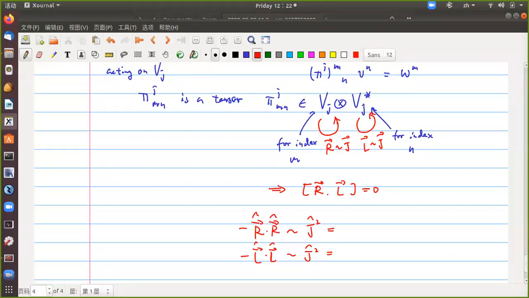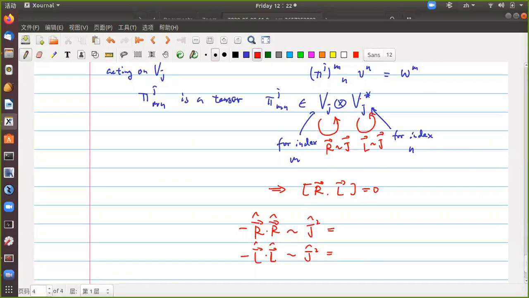Both left and right are representation spaces of SU2, but if you tensor them, you get the state of loop quantum gravity, which is a function on SU2. This is the reason why we get both Vj and Vj star: we are talking about functions on SU2. Pi j is a function on SU2, but Vj is the representation of SU2, and Vj star is the dual vector space of the representation of